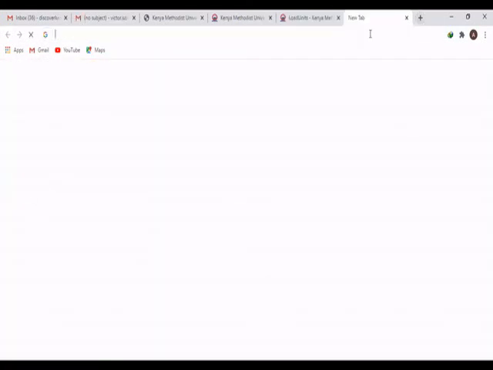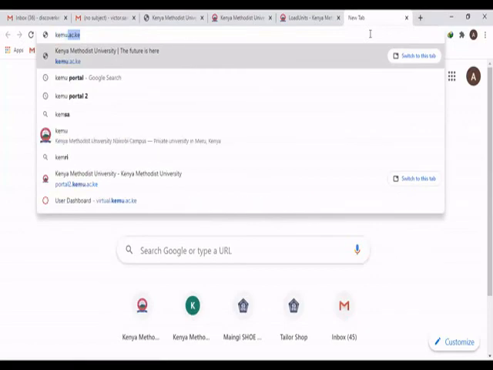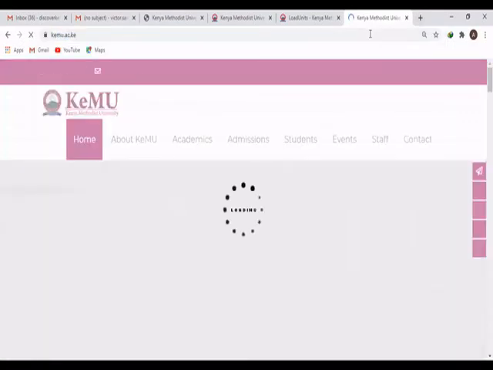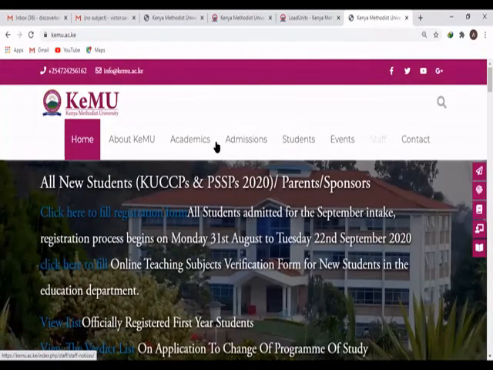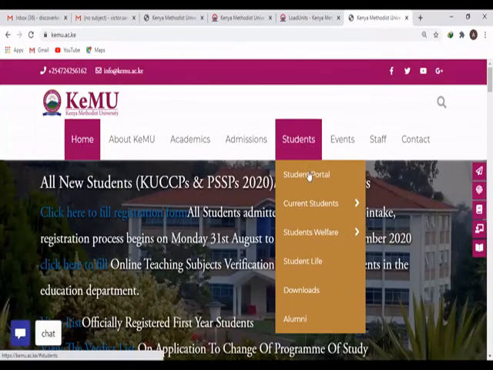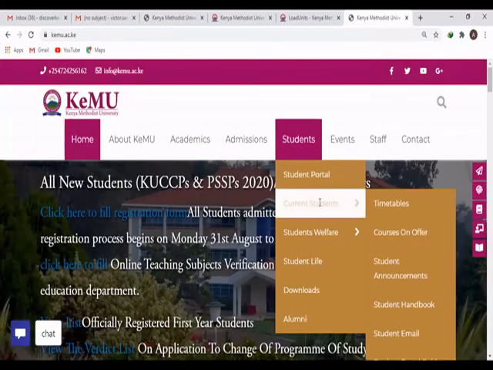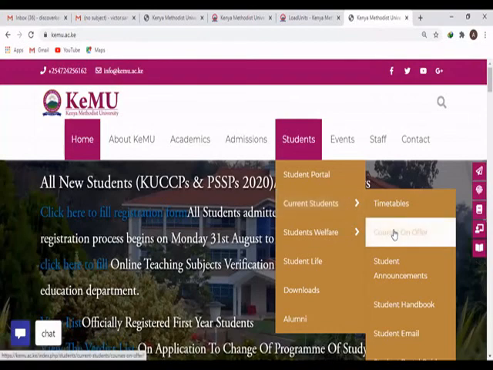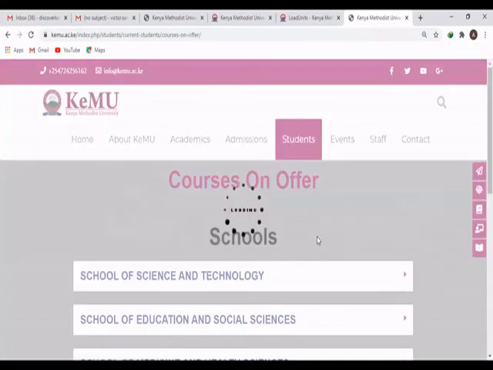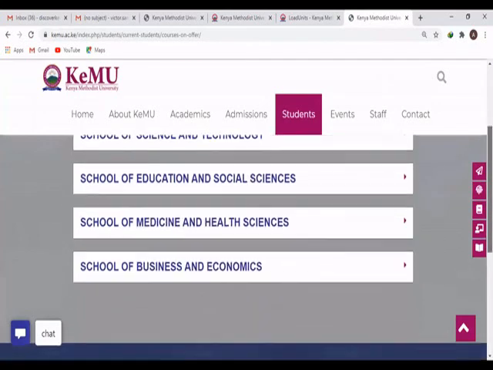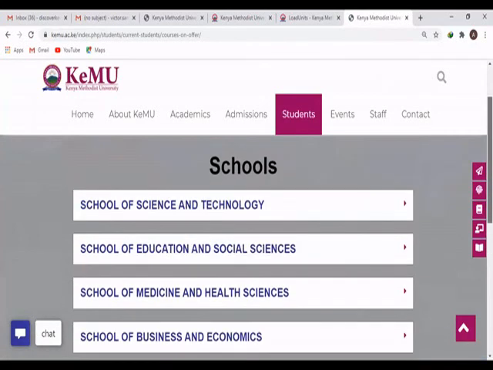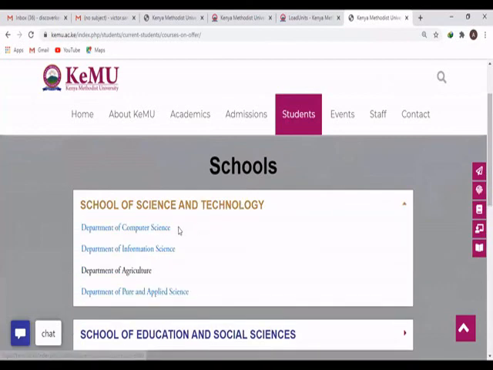You go to our KEMU website, which is kemu.ac.ke. Then you go to students menu, current student, assuming this is January, then courses on offer. Then remember, we have 4 schools, so each one of you falls in a different school. So I'll pick School of Science and Technology, then Department maybe of Information Science,